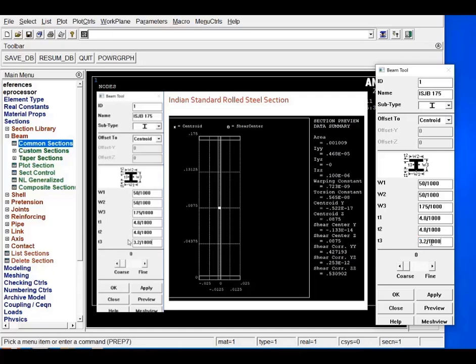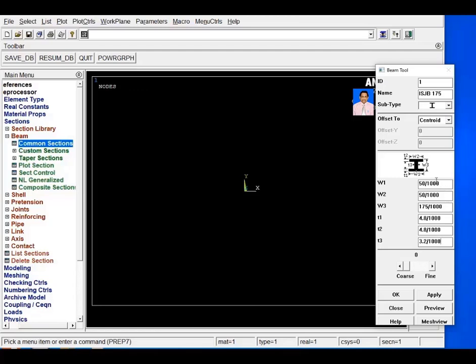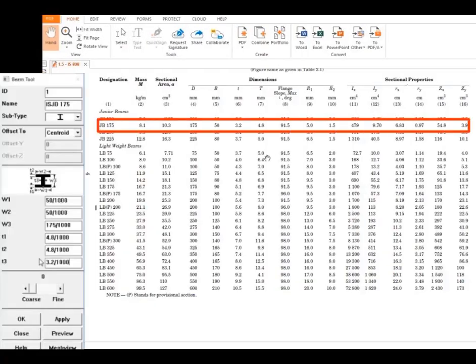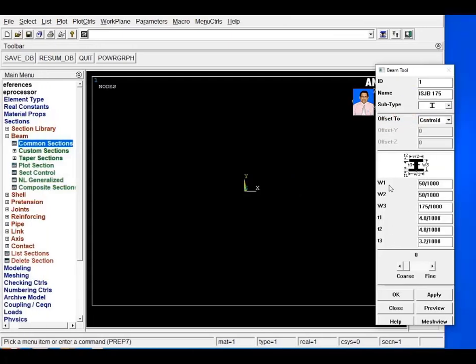So how have I input these values? Go to the Indian standard section tables, which I have downloaded from Google. ISJB 175 is given in this table. Through this table I have input all the values: W1, W2, W3, T1, T2 and T3.